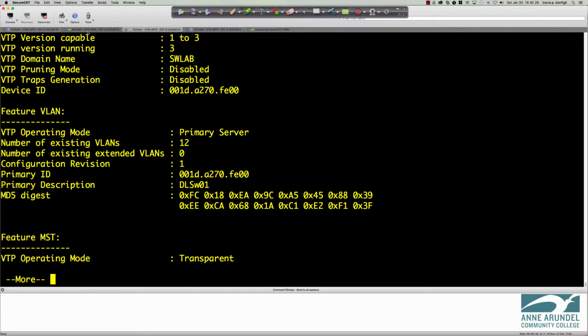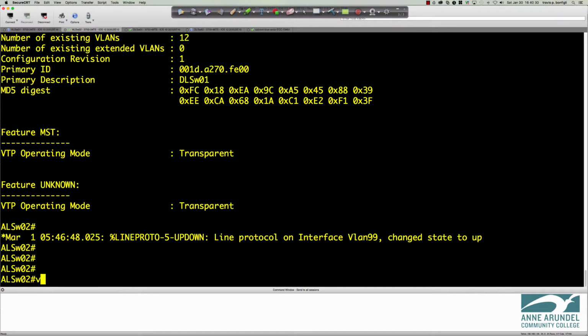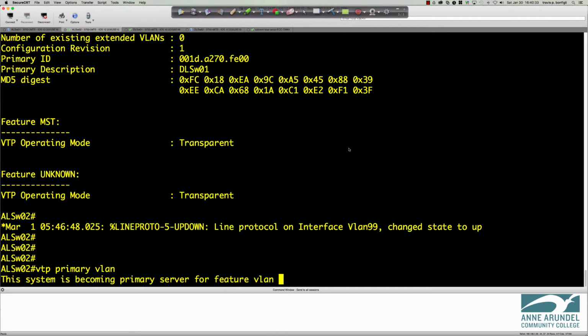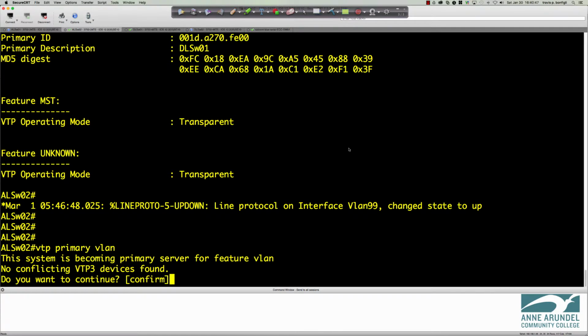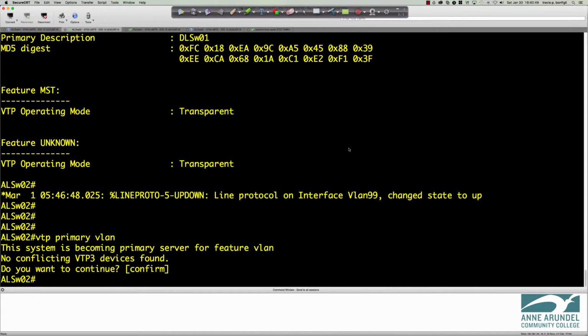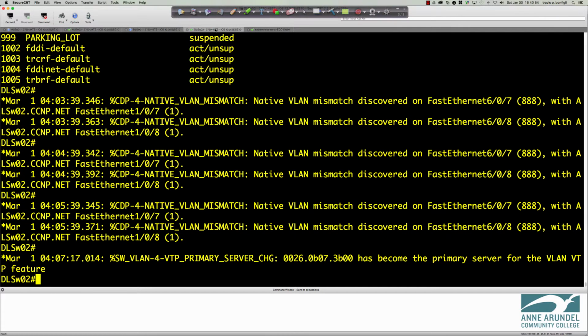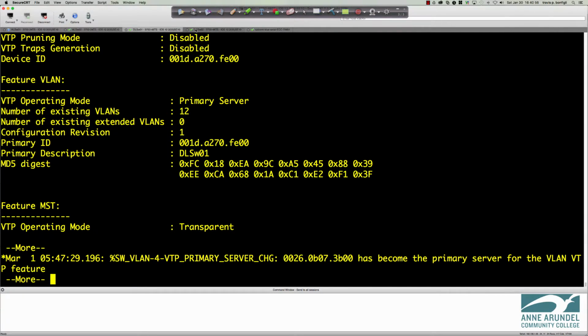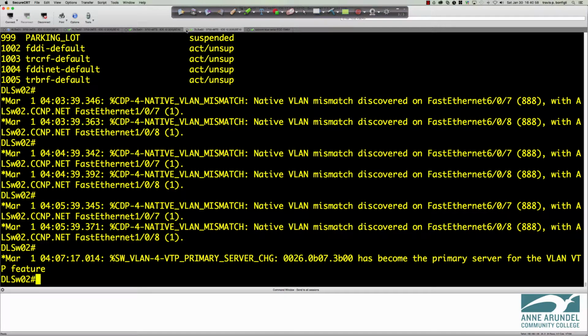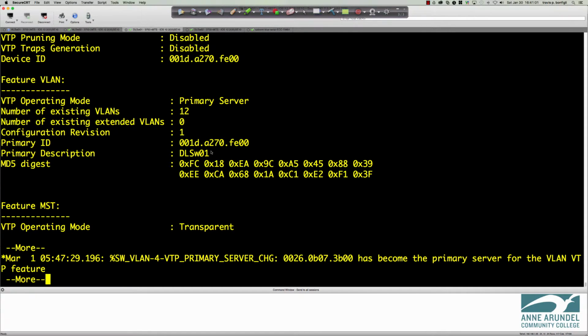All right, so ALSW02 is a server, so I should be able to say vtp primary vlan, and it says this system is becoming the primary server for feature VLAN. And it's going to do a quick consistency check. There we go, no conflicting devices, so I'll hit enter, and we have become the primary for VTP version 3. And you see that message comes across on both distribution layer switches there at the bottom. That this is now,